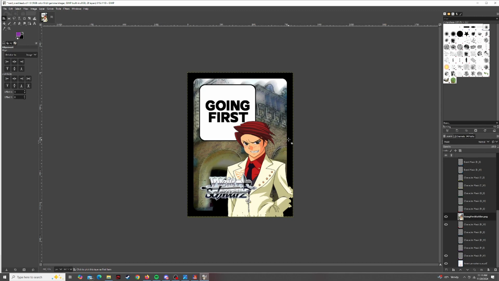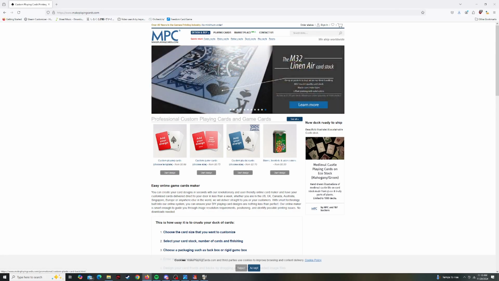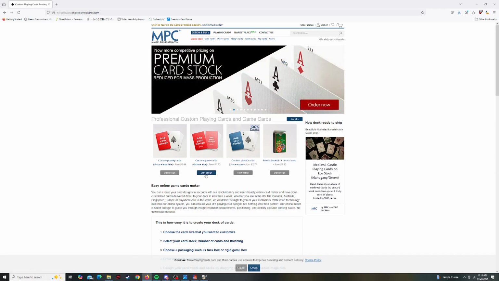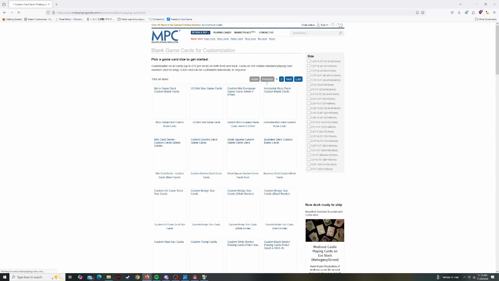Once you have all of your cards in their mass and overbleed format, all you're going to want to do is go to Make Playing Cards, and then pick the design that you want to do. A popular idea is custom game cards. You want to click start design, and whoops,